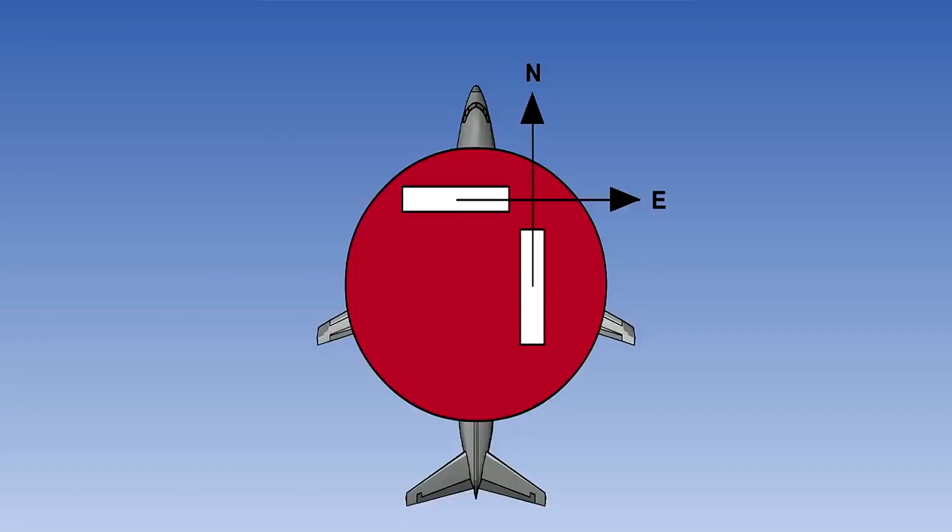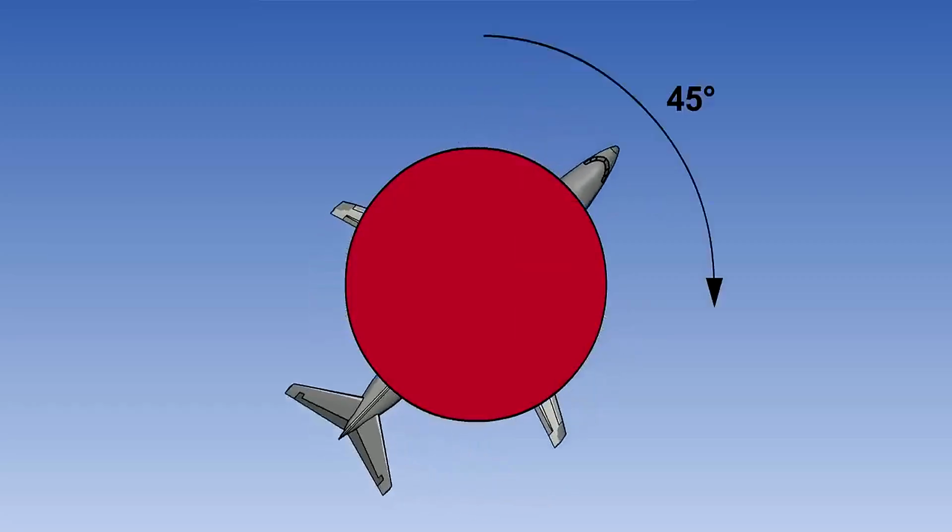We use two accelerometers in INS. They are mounted in such a way that one is always kept pointing towards true north. When its accelerations are integrated and processed, we get latitude. The other one is kept pointing true east. When its accelerations are integrated and processed, we get longitude.